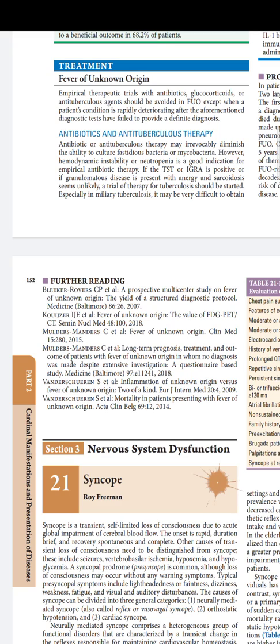So this completes section 2 of part 2. The next section will be section 3 of part 2, that is neurological system dysfunction. We'll be discussing